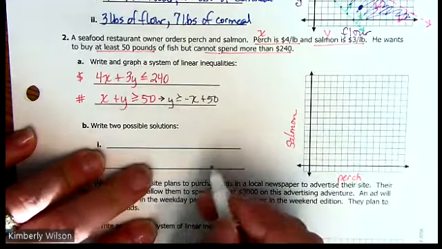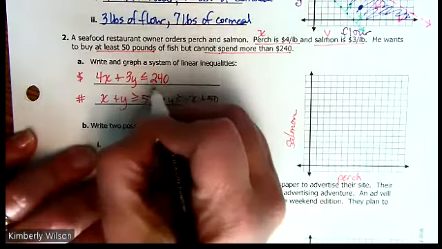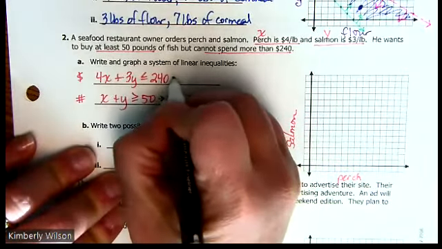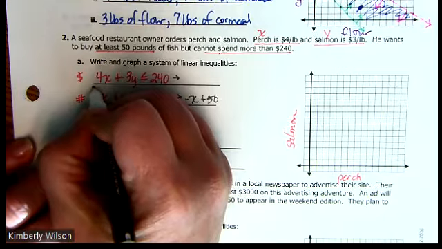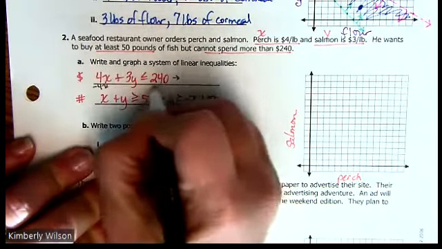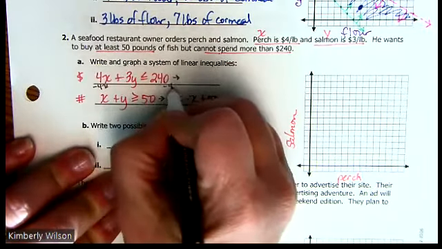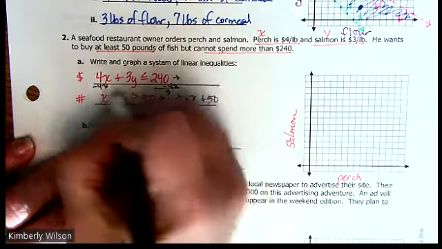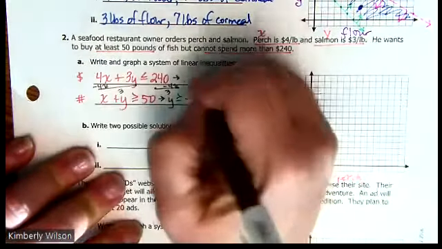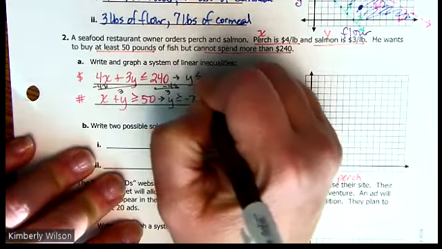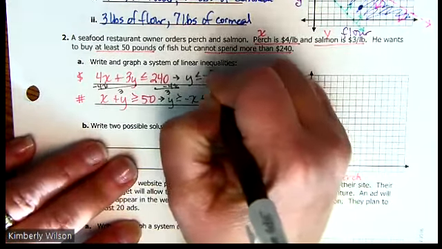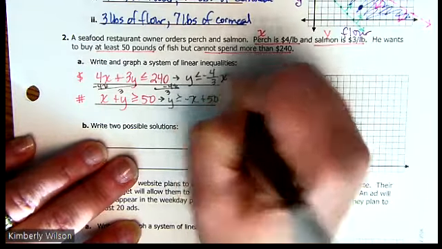Ooh, I've got a y-intercept of 50. Here we're subtracting the 4x, then we've got to divide by 3. So we end up with y is less than or equal to negative 4/3 x,